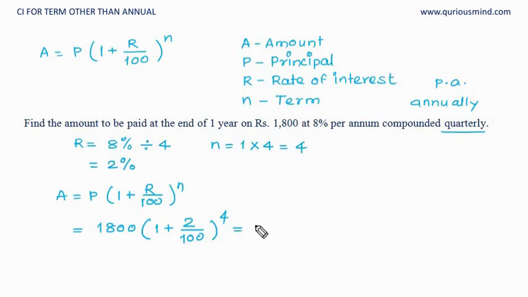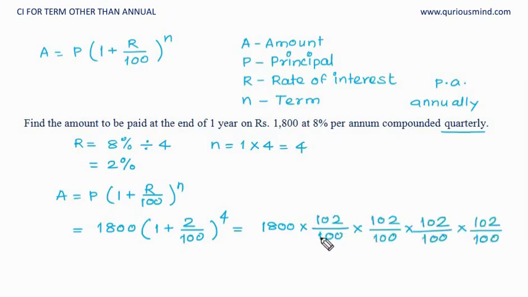And this way we can easily calculate this. So this becomes, these 2 zeros and these 2 zeros are gone. And then if we calculate this,